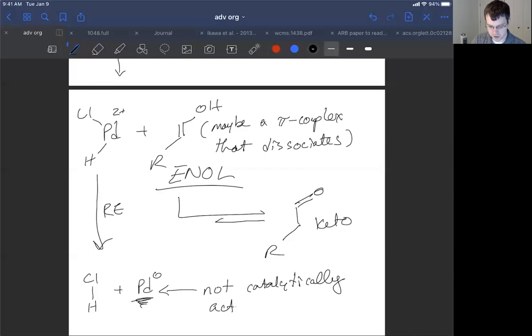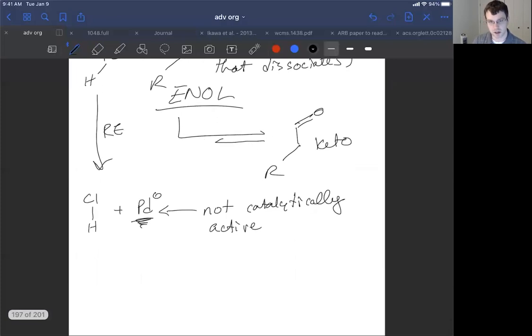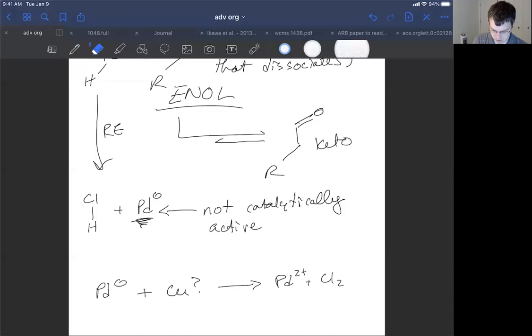Now, if you notice, we've actually generated our product up to this point. We haven't regenerated our catalyst. Our catalyst was a palladium 2 center, palladium dichloride. So it turns out that when you have palladium 0, that can react with a copper species. This copper species will regenerate palladium 2 plus, which you can then let a couple of chlorine ligands come on to. I should write 2Cl minus